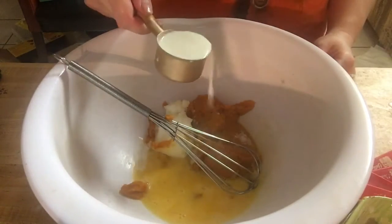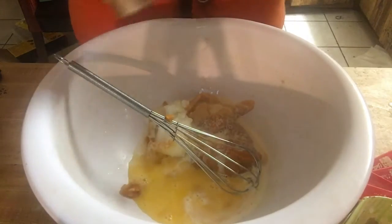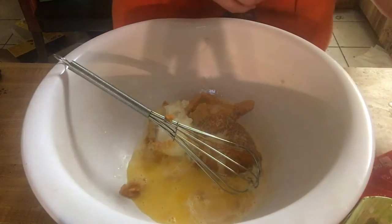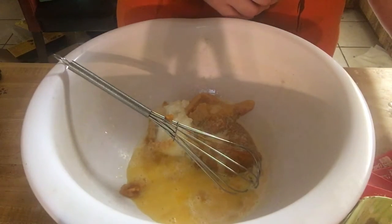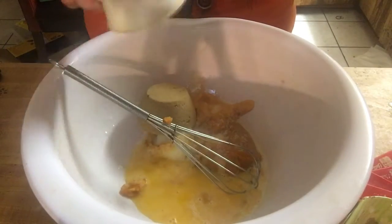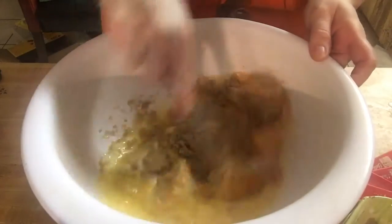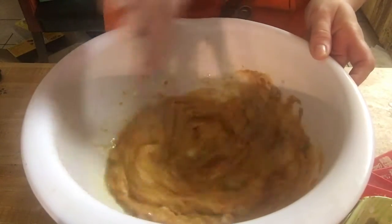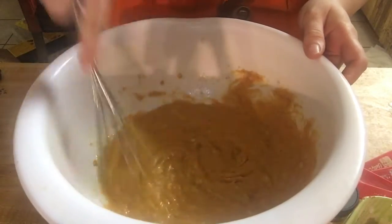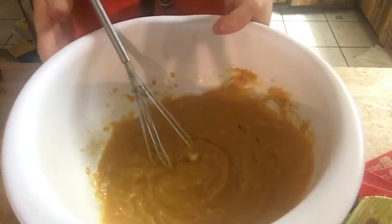1/4 of a cup of pumpkin pie spice, pumpkin pie latte, something to that effect, coffee creamer, and then 1/2 cup of packed brown sugar. We're gonna beat this up. There we go, till just combined. We're gonna set this aside